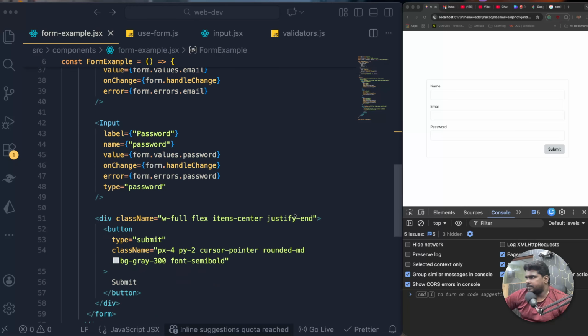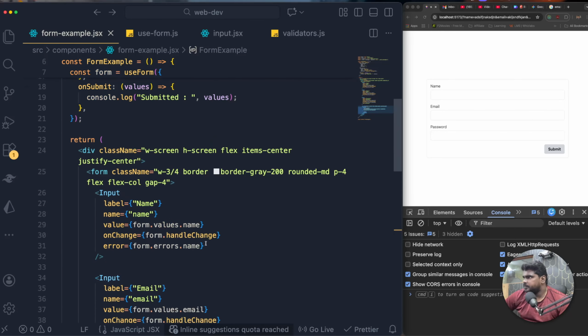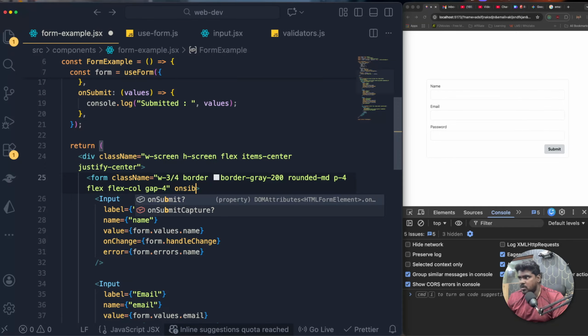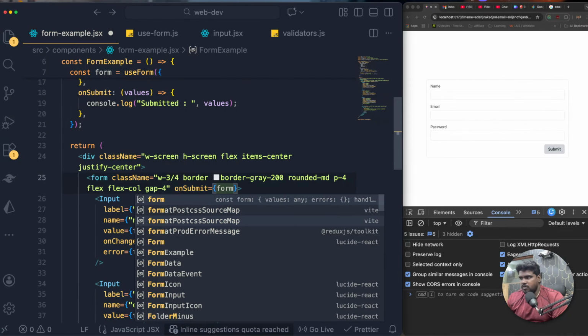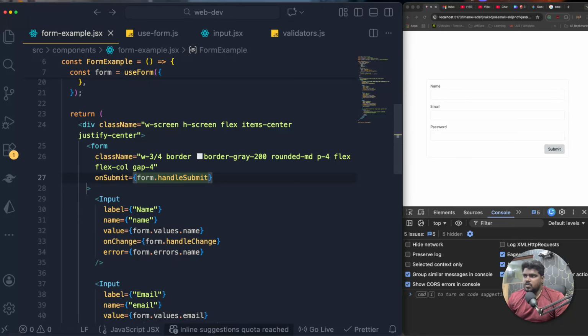Why is that happening? Form is being submitted. Oh my goodness. So when the form is being submitted, we need to call the handle submit, right? So on submit, we need to call the form dot handle submit. Save it. Now, if I click this,